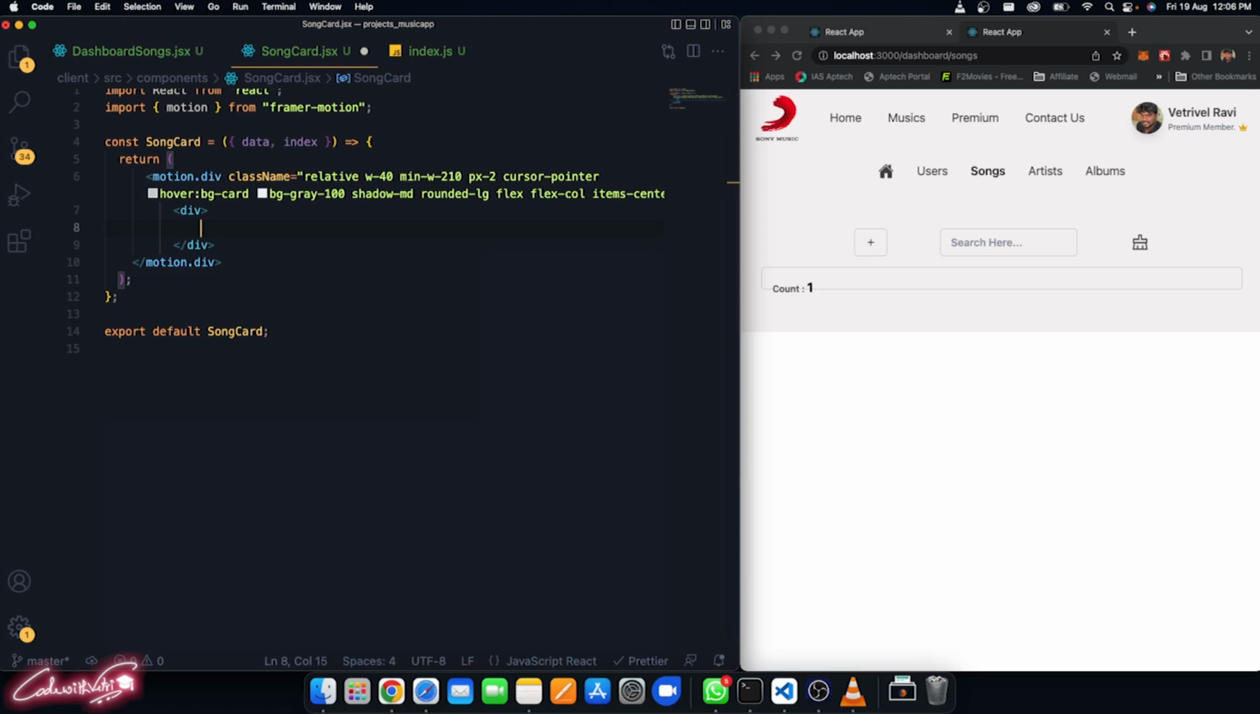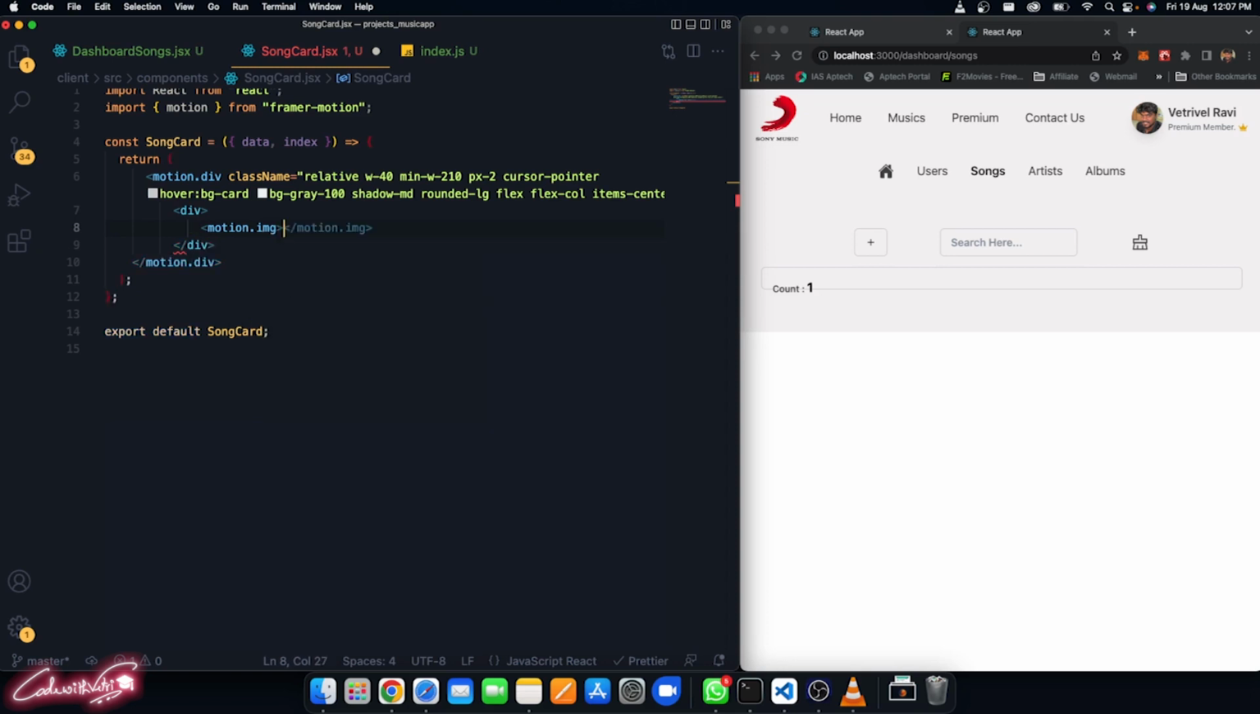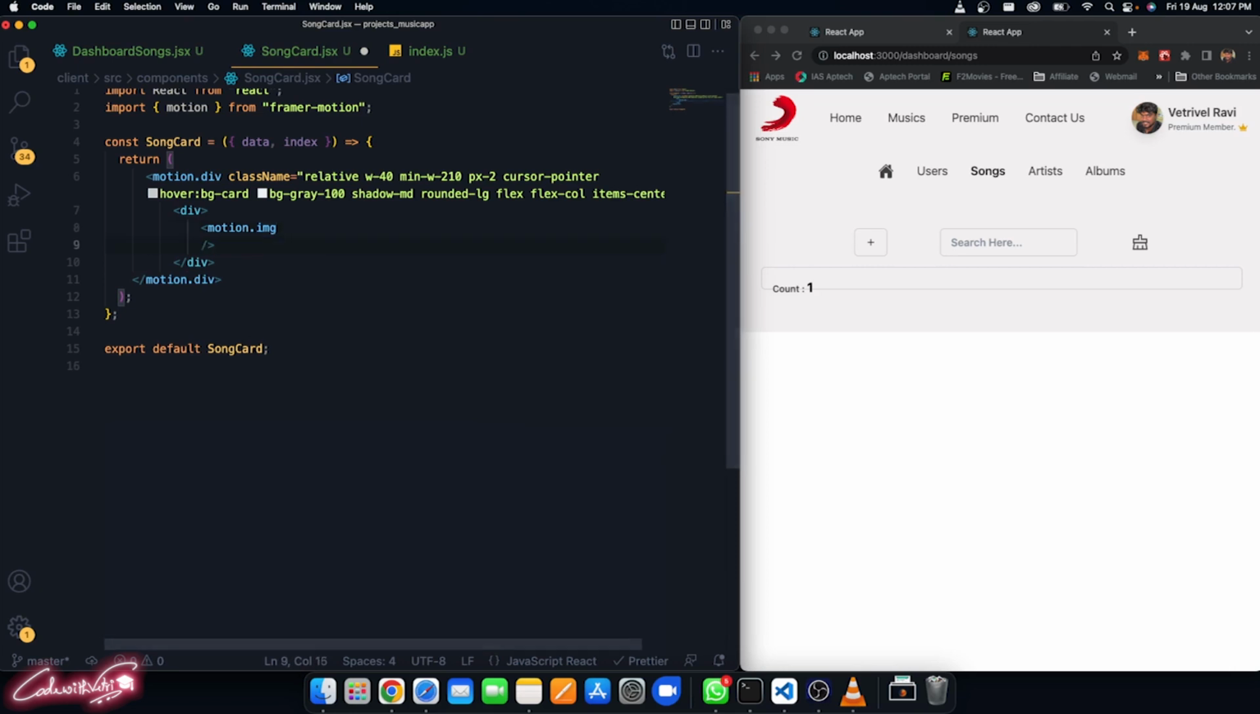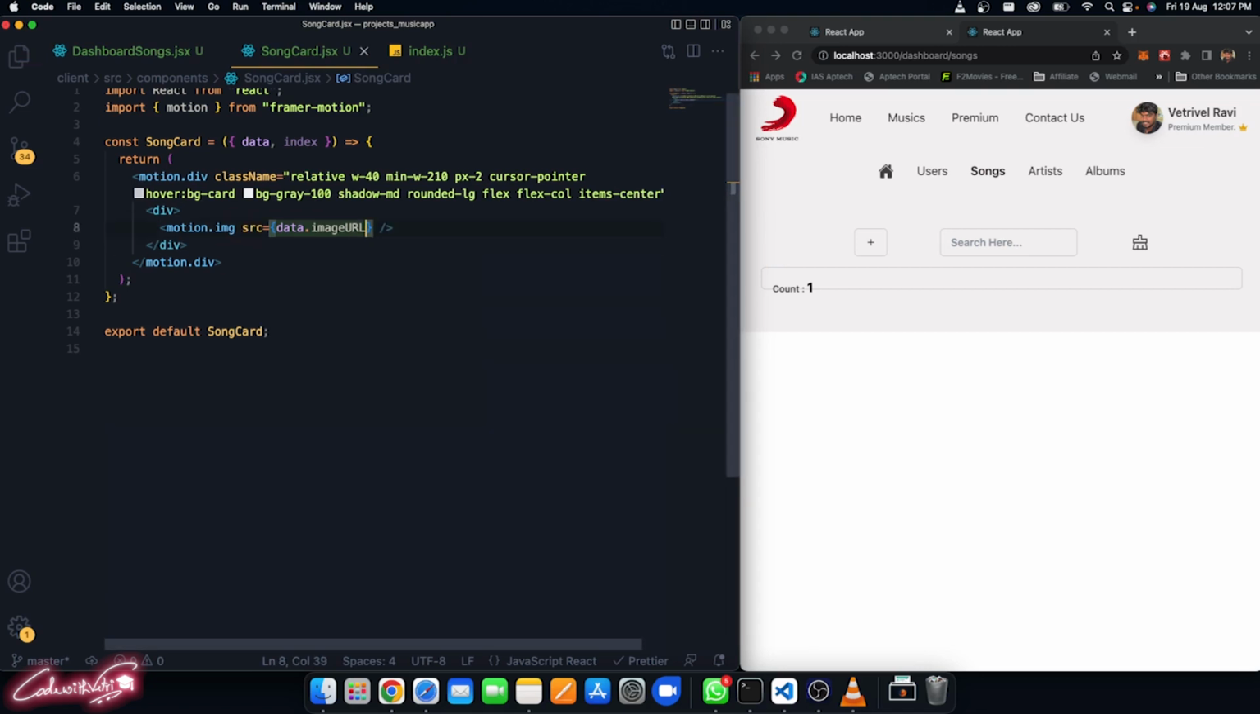So here I'm just going to say motion.image. Motion.image, that's a self-closing tag. Enter, and you have to supply the source and everything now. So source is going to be, we are receiving the data. Inside that we are having the image URL. I'm having a property called image URL. Save the changes,